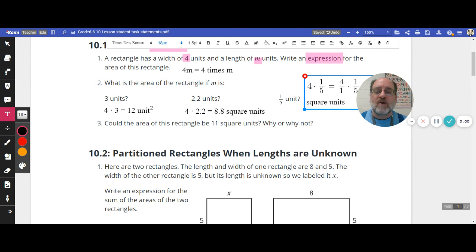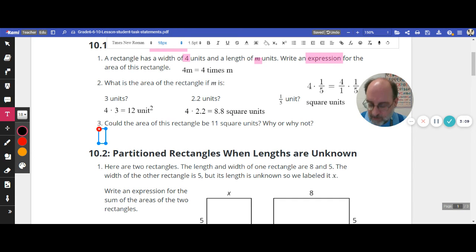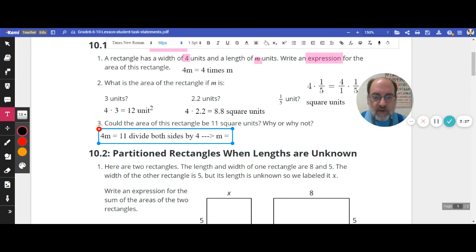Could the area of this rectangle be 11 square units? Why or why not? Let's write that as an equation. So we could write that as 4m equals 11. We have already talked about solving equations like this. What we want to do is we want to divide both sides by 4. Do that. We get m equals, and remember, we can just write things like this, 11/4, 11 on the top,